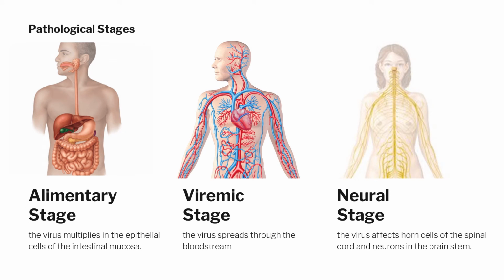Polio has 3 pathological stages. First is the elementary stage. After gaining access to the body through the nasopharynx or the gastrointestinal tract, the virus multiplies in the epithelial cells